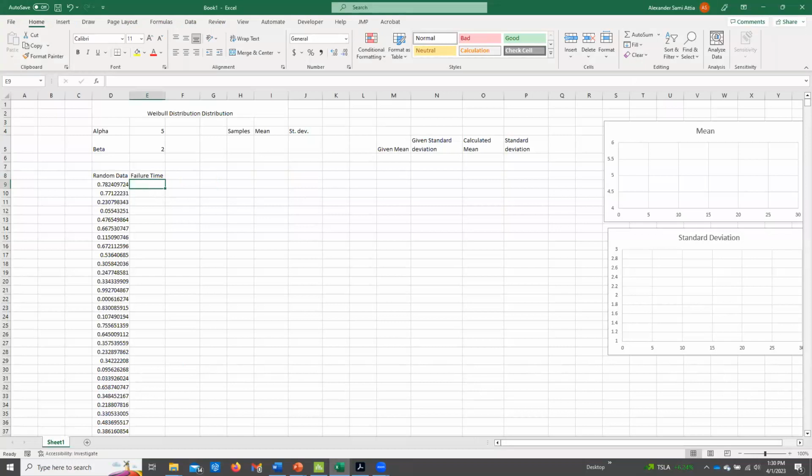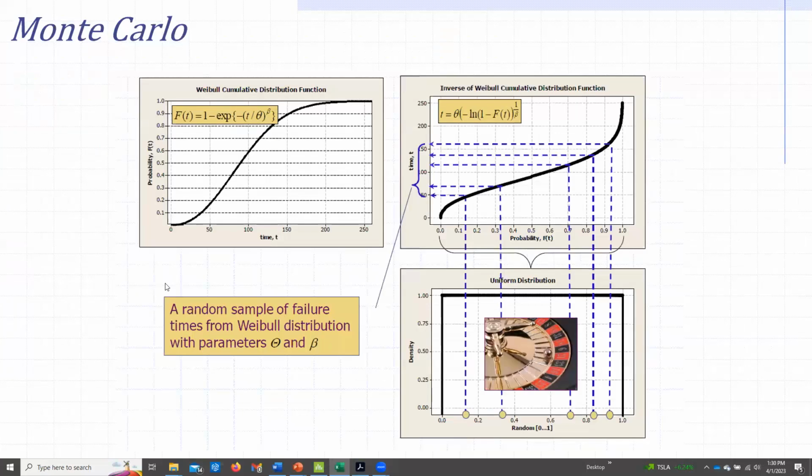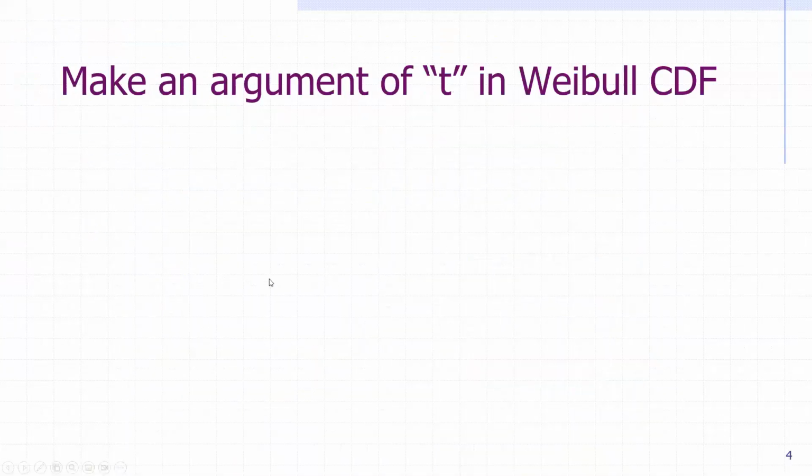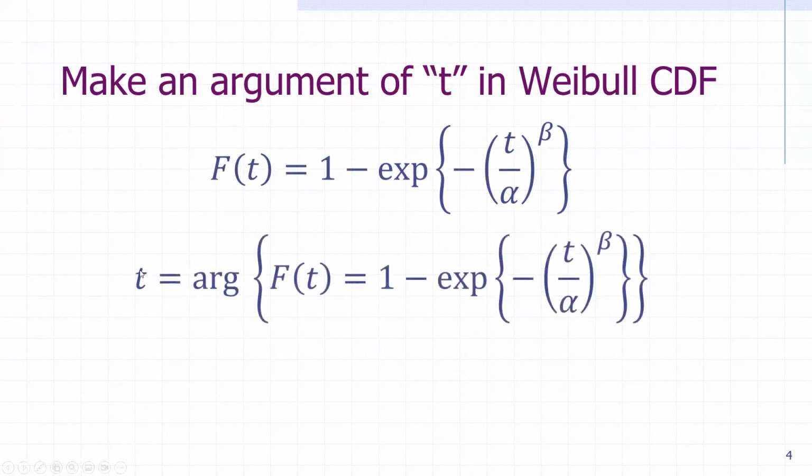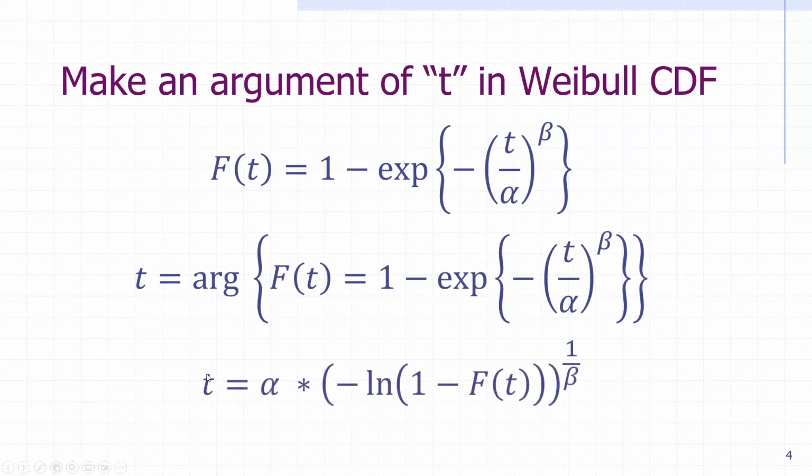However, when I took this class, I did not want to settle for the idea that Excel cannot invert Weibull. So what I did is I utilized something we all learned from that class, and I made an argument for the CDF. Let's take a look at that. I know this is the CDF of a Weibull distribution. I made an argument with respect to t, and I came up with the equation that will give me the time, which is alpha multiplied by negative the natural log of 1 minus the CDF, or the probability, to the power 1 over beta. Then I used this formula, and I went back to Excel,